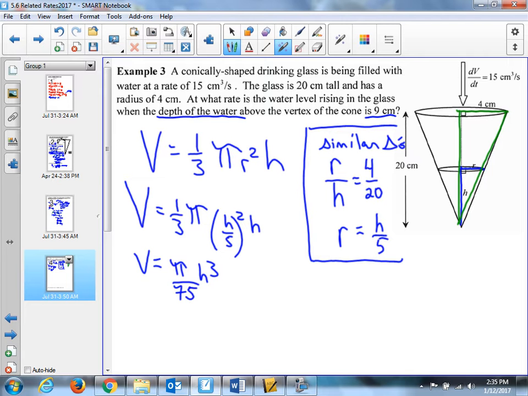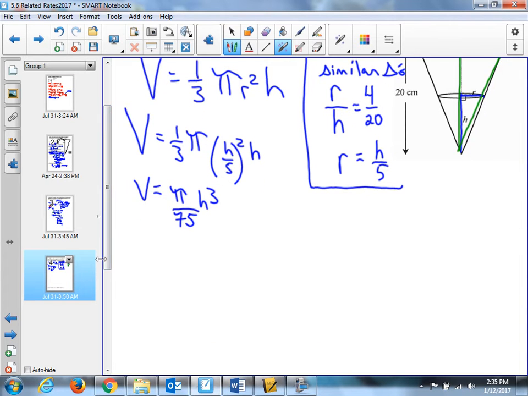So if I find dV by dt, I have a number to put in. It did not say that this is changing. It's assumed to be a constant rate. Okay? So that's not a variable. It's a constant rate. So dV by dt,